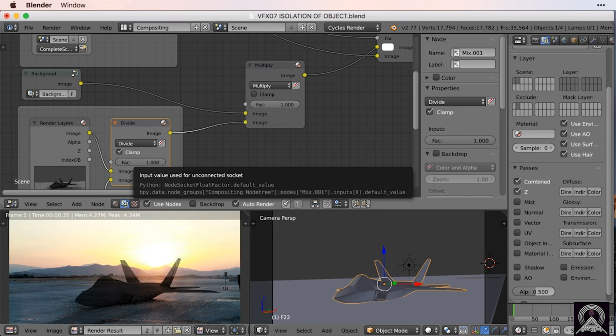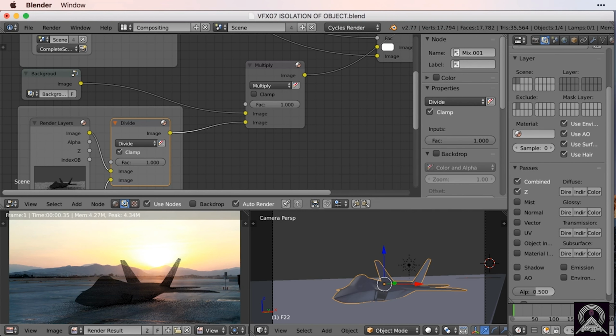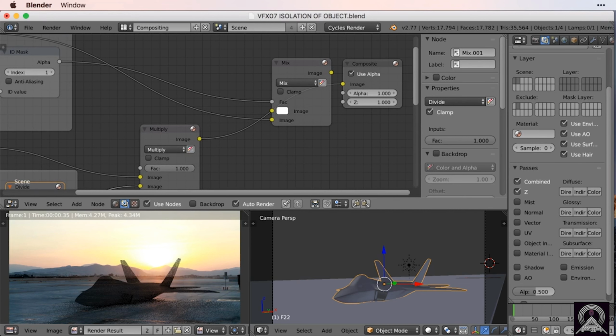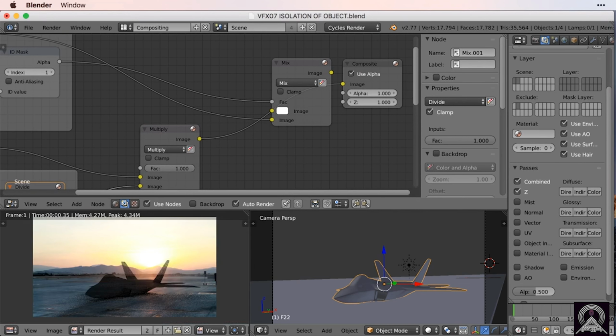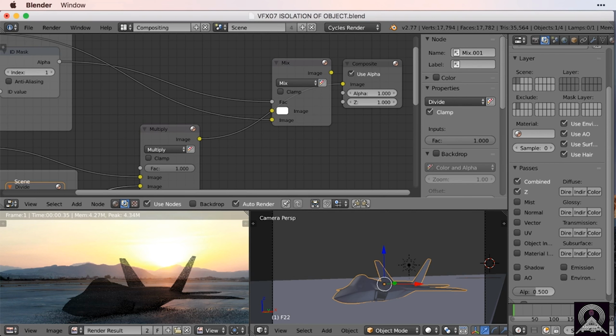Okay, it's not making any difference in this particular instance, but do bear in mind whenever you're doing a division, if a value coming through turns out greater than 1, it would cause you a problem. It's not in this case, so we're fine. I'm going to leave it clamped just so it's right, so to speak, even though it doesn't seem to be making any difference. Okay, now we need to stamp this on top, so let's go ahead and link these two